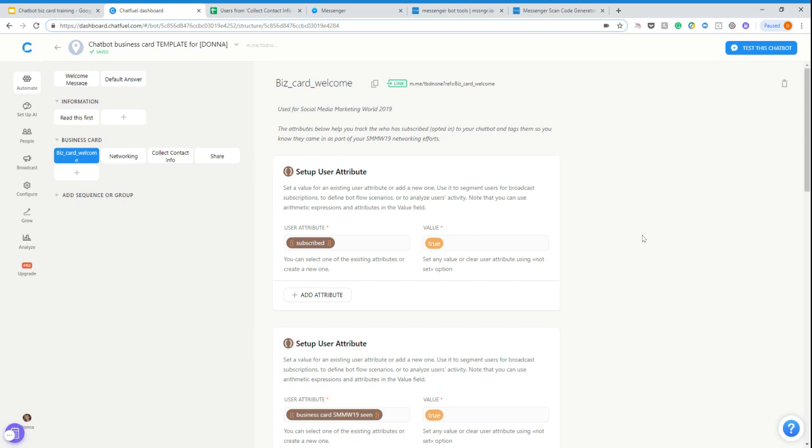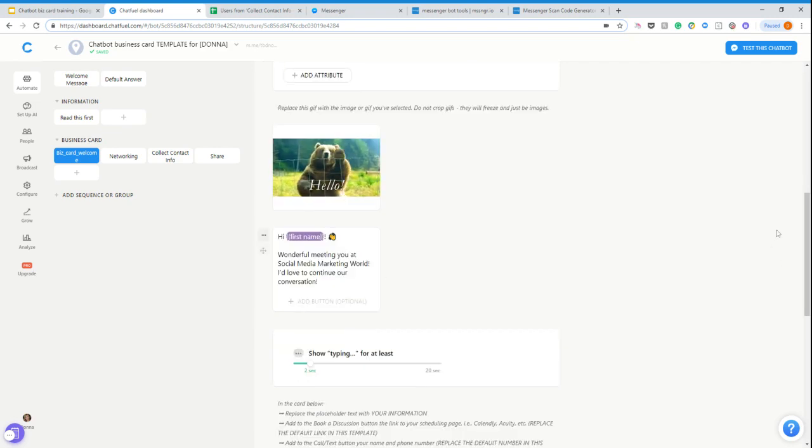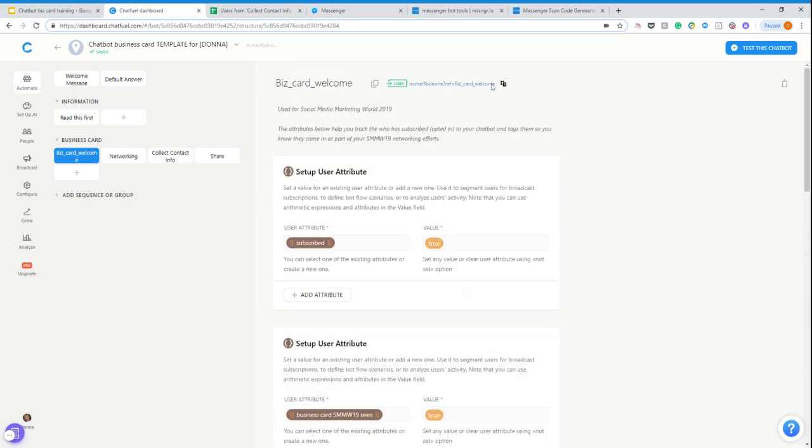And actually, here's a tip too. If you click on this right now, it's going to open a messenger window and take you right into your chatbot business card. So you can either copy this into a browser window, or you can just click on this. So it's a little shortcut. Now we're going to go to